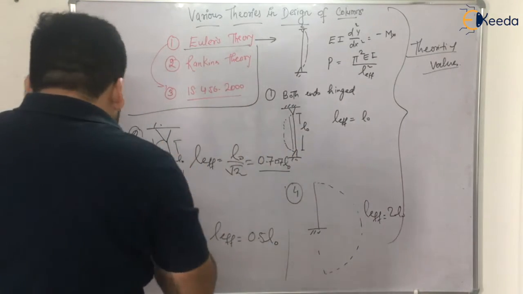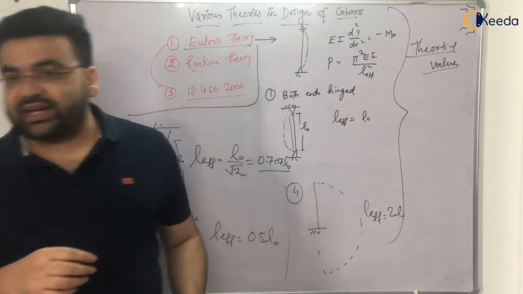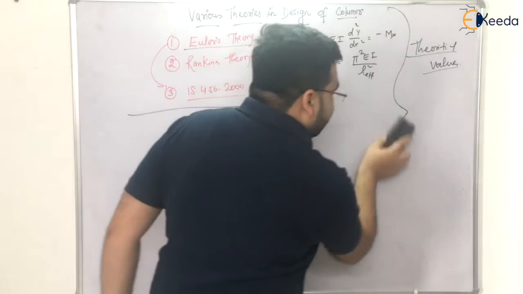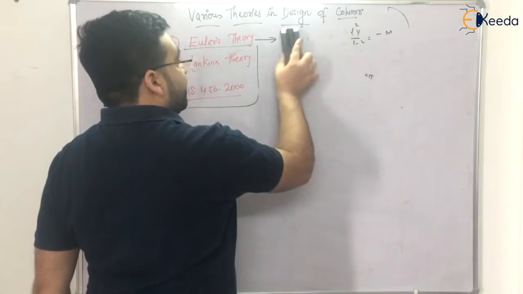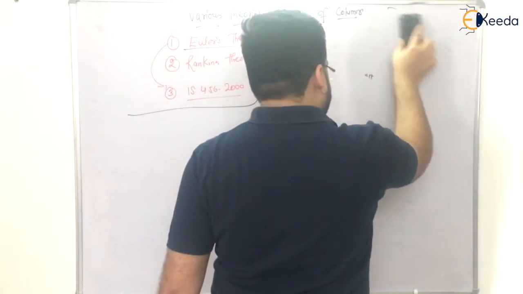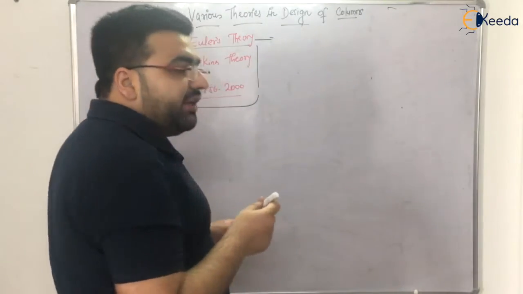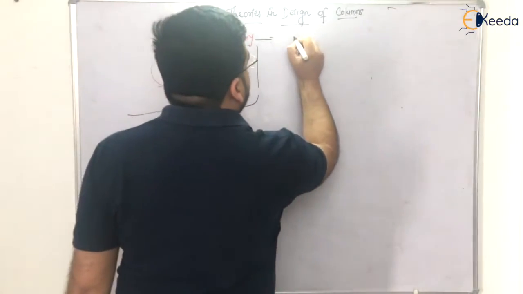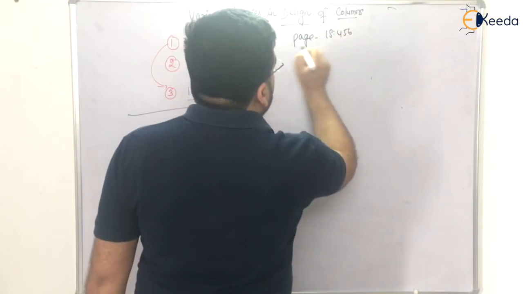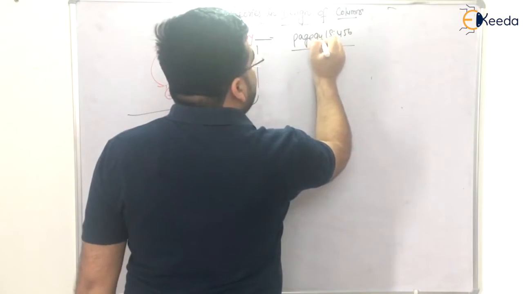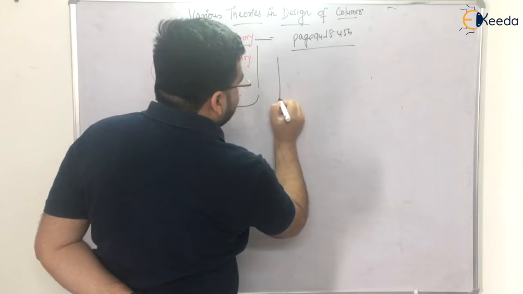Now let me rub it and tell you about the recommended values, right? Okay. So don't confuse your recommended values with the theoretical values. Do not confuse. Now you will see the difference. In IS 456 on page 94, a table has been drawn. Page 94, IS 456. It says that now if both the ends are hinged,